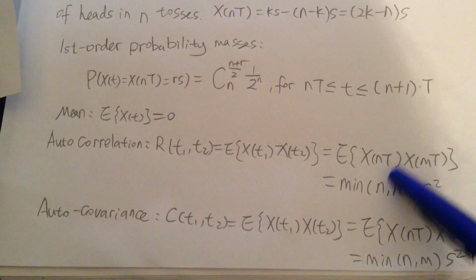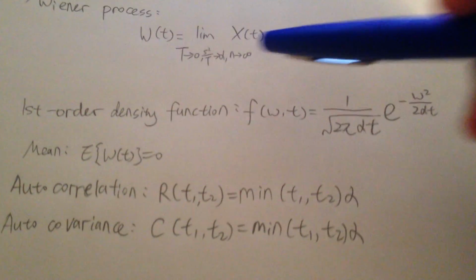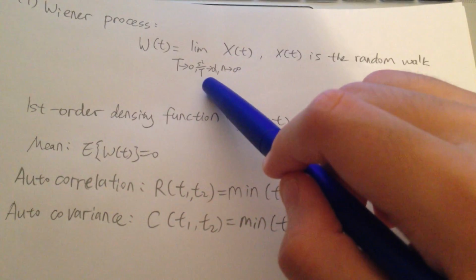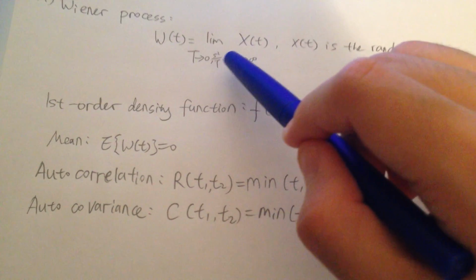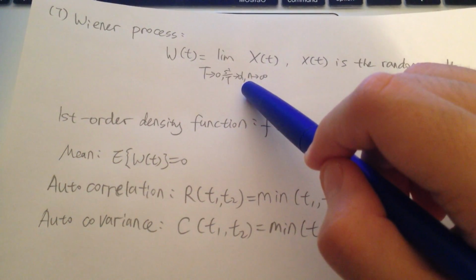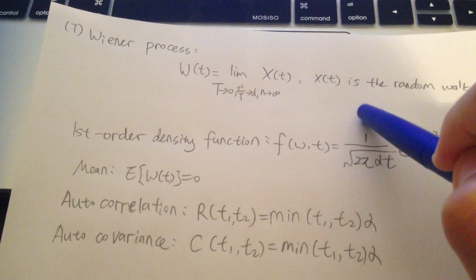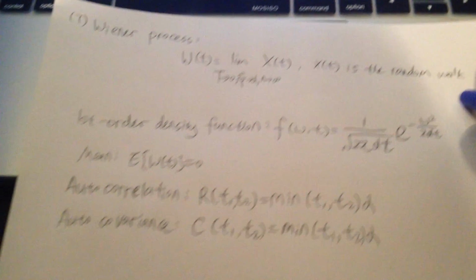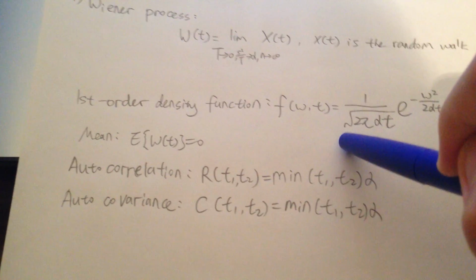just the same as its autocorrelation. And for the last process we need to look at, it is the Wiener process. It's defined like this: W(t) equals the limit of X(t) when T approaches 0, s squared over T approaches alpha, and n approaches infinity. Here X is the random walk, so the first order density function of W(t) equals